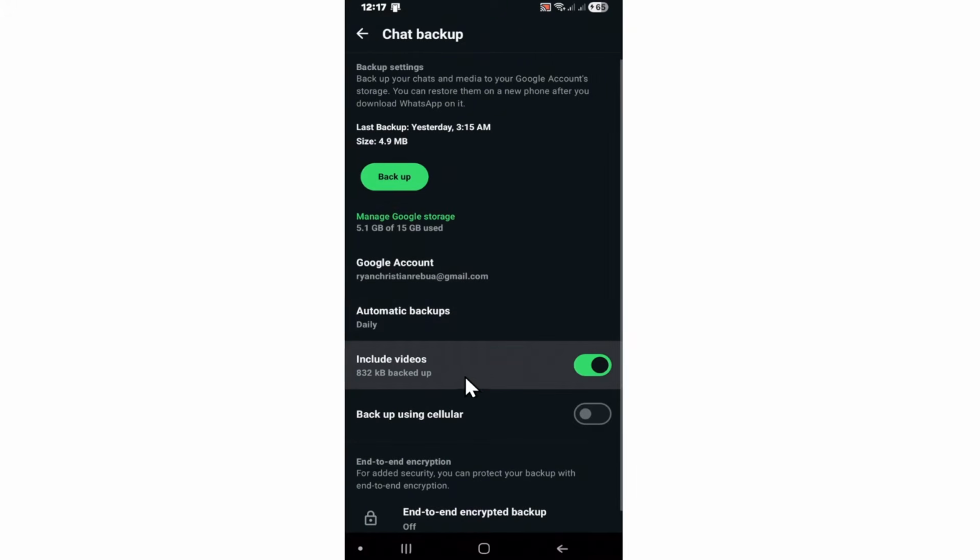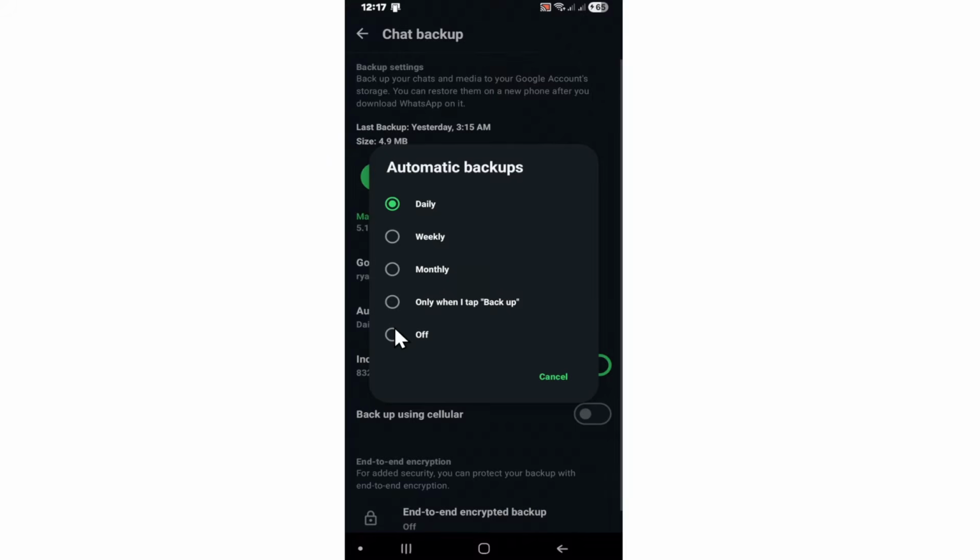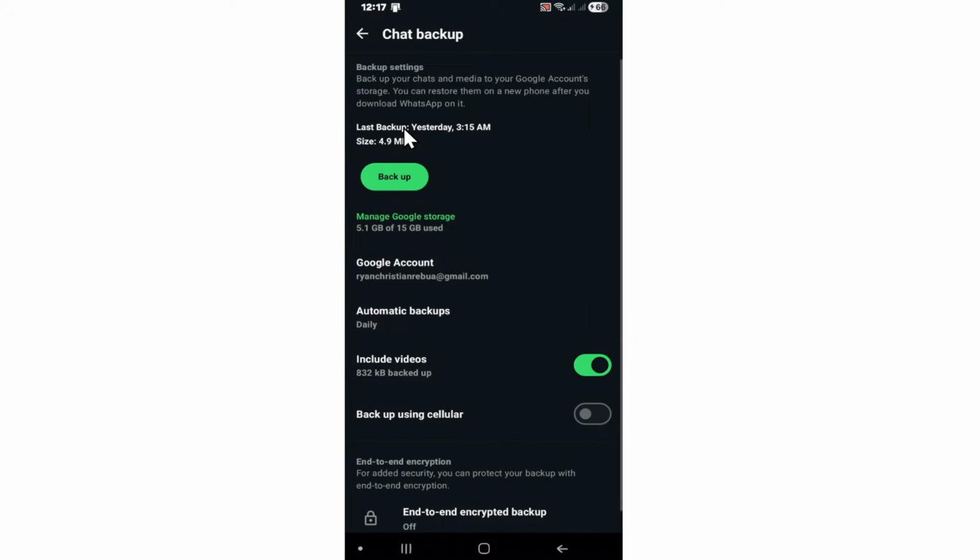Now in here, just make sure that you have backed up everything. For example, you have the automatic backups right here. You can go ahead and set this one to daily, weekly, monthly, or even manually, okay? Right here. So if your last backup right here was set, okay, for example, my last backup was yesterday, and